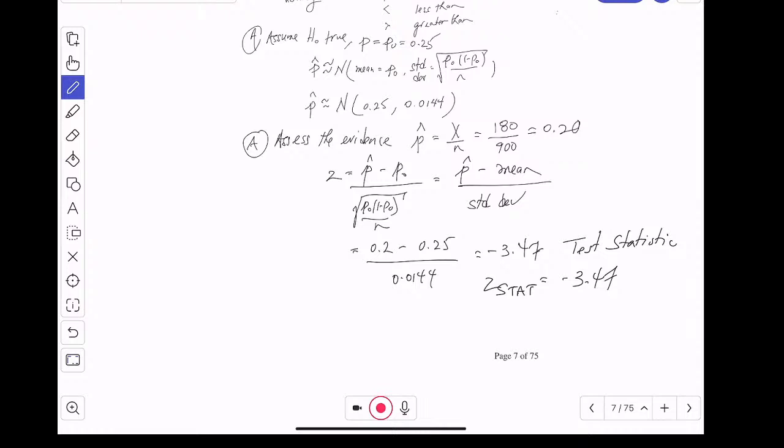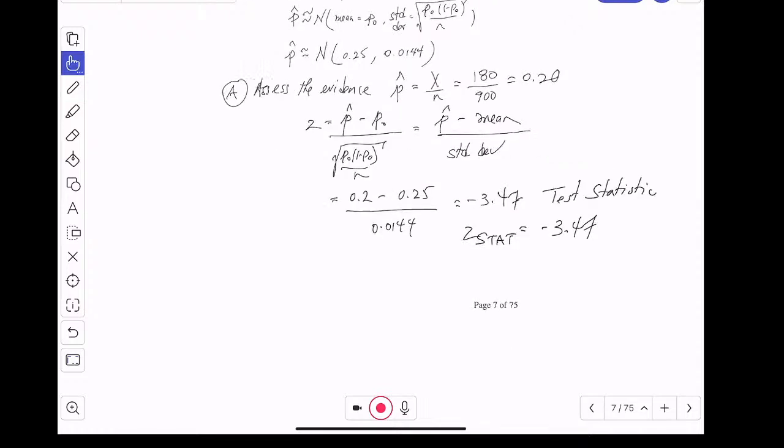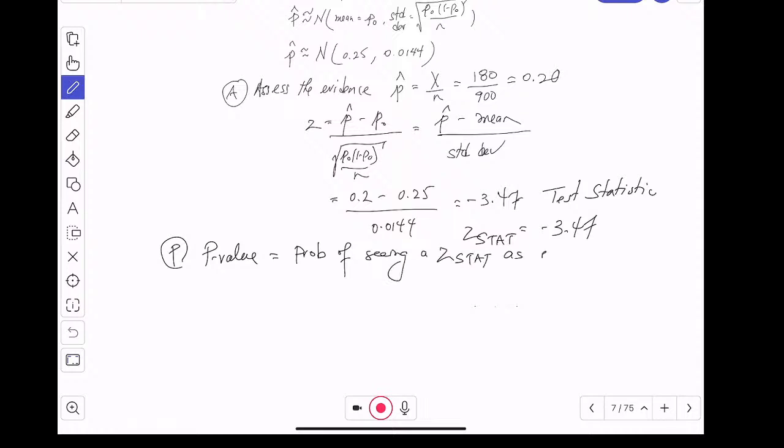And I convert it into a probability. And we know how to do that, right? We know how to turn a standardized score into a probability. But what probability do I want? I'm going to convert it into a p-value. The p-value is the probability of seeing a z-stat as extreme or more extreme